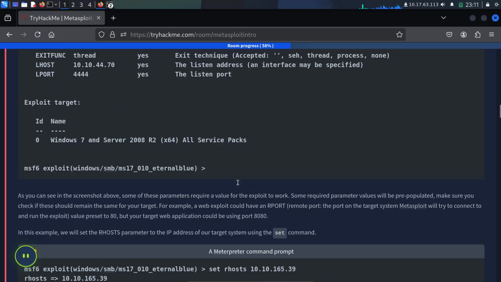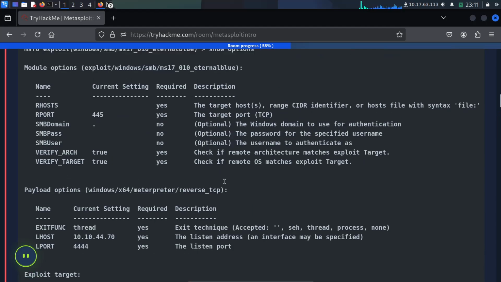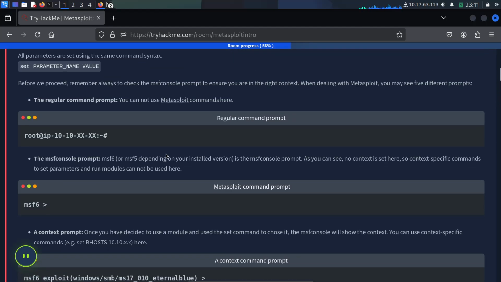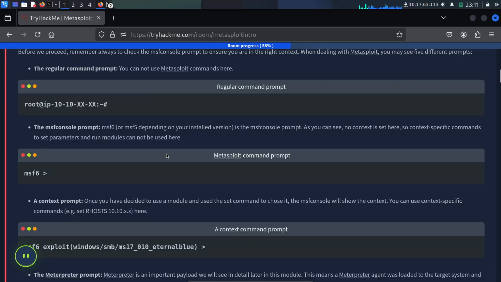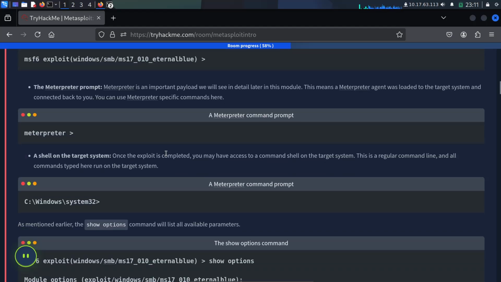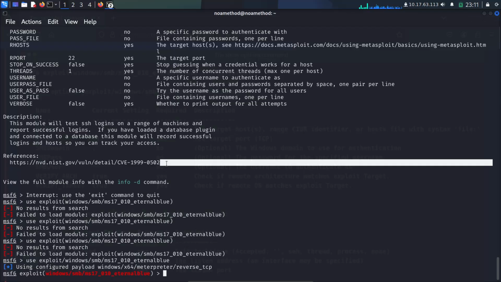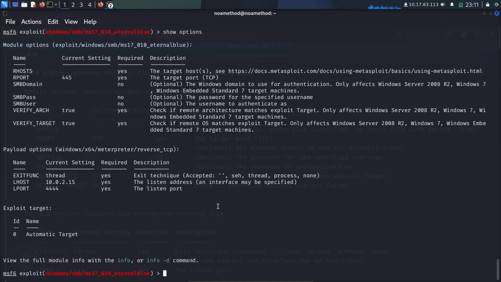So, show options. This is the option. You must set this LHOST and RHOST.